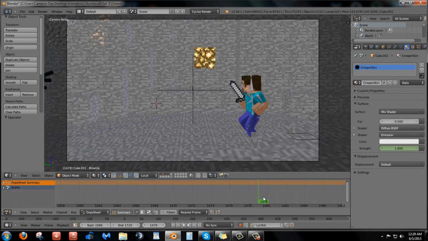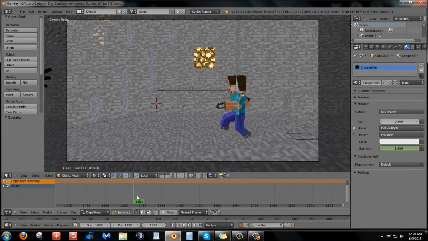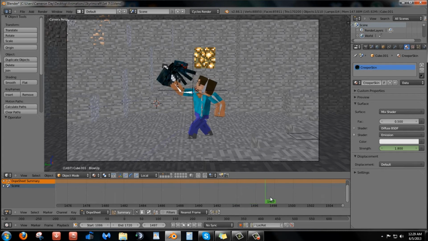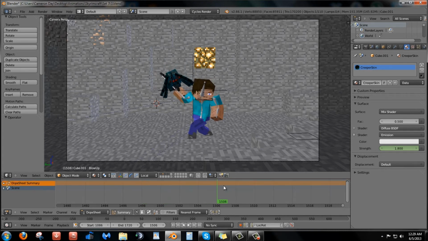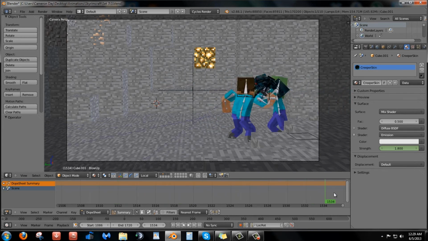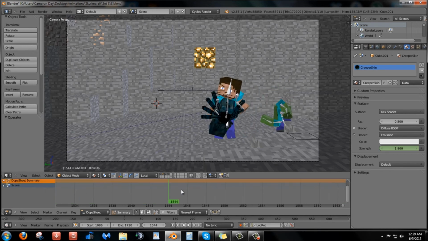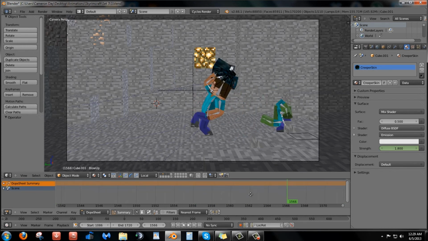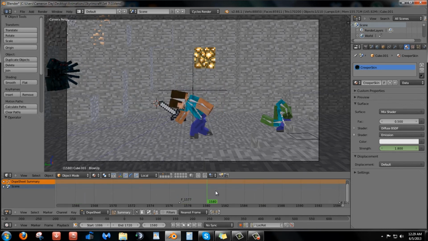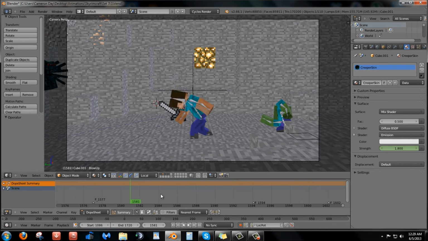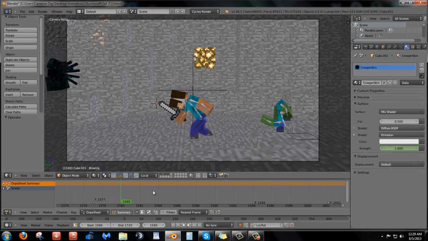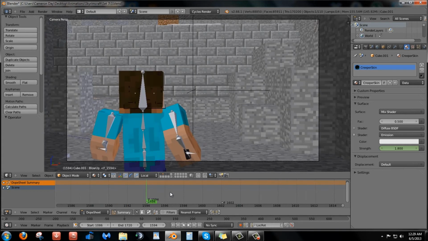And this one was pretty normal. There were actually 2 spiders in this. I don't know if anyone saw it. It was kind of hard for me to even see it after I had rendered it. But yeah, he turns around and of course smacks the zombie that's coming at him in the head, and then he turns around and he actually does throw that spider at another spider. I don't know how many people saw it. Probably should have slowed that clip down to make sure you saw it, but the time was sort of cramped. I didn't have a lot of space for much more stuff, so yeah.